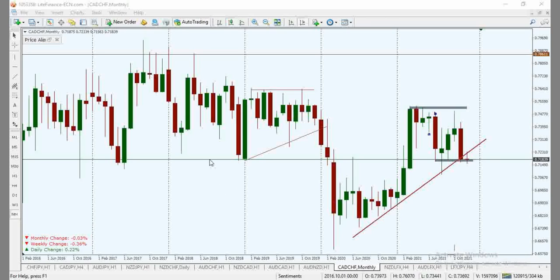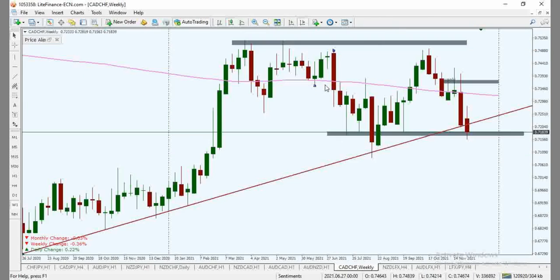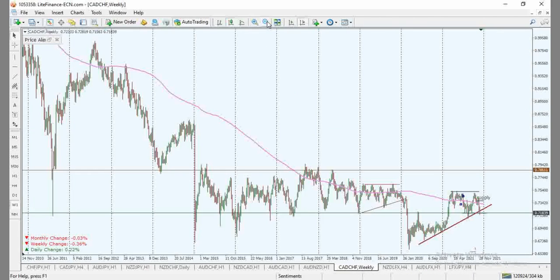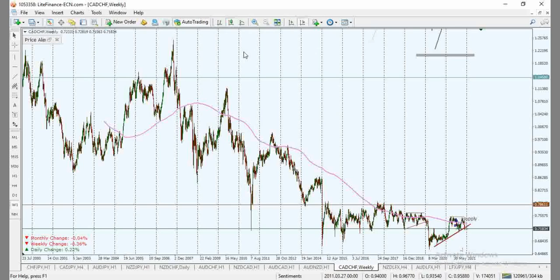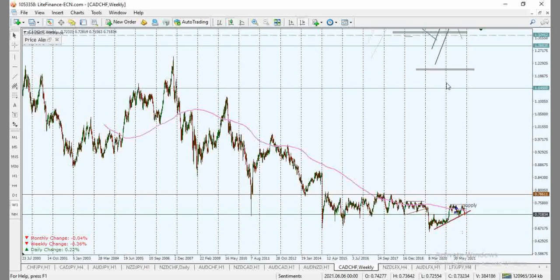Number two, if you look at this on a weekly time frame, you will understand that there could also be a possibility that whatever is happening here could be an impulse correction, an impulse to complete a corrective pattern. Then we can expect that the next wave could start to make its way to the downside, completing what could be an overall downward trend on the global basis. So we're looking at a global trend to be a downtrend.